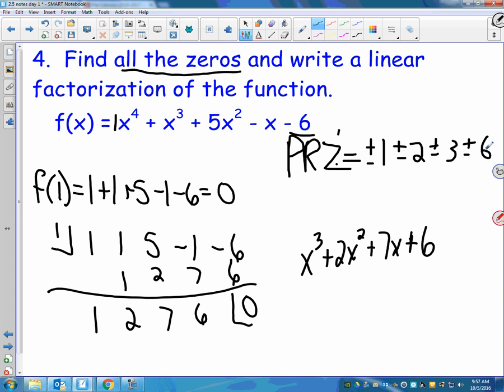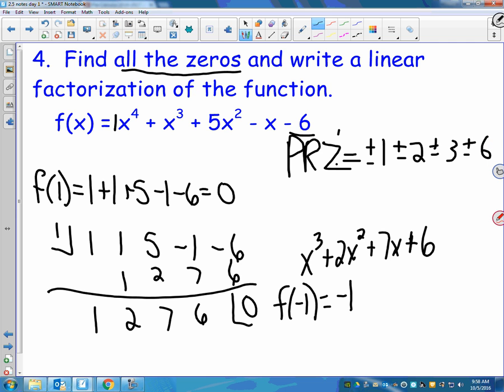Remember that double zeros count twice. I always do the same as you probably do, I'm just going to start with -1, but just be aware that 1 could work again. It doesn't work in this one, but it could work again because it could count twice. And so if you check them all and none of them work, don't forget that the same 0 could work twice because it could have a multiplicity, but this one doesn't work. So I'm just going to start with -1,